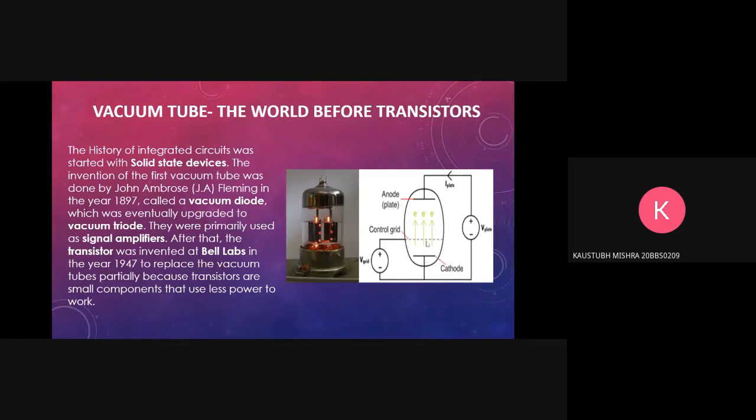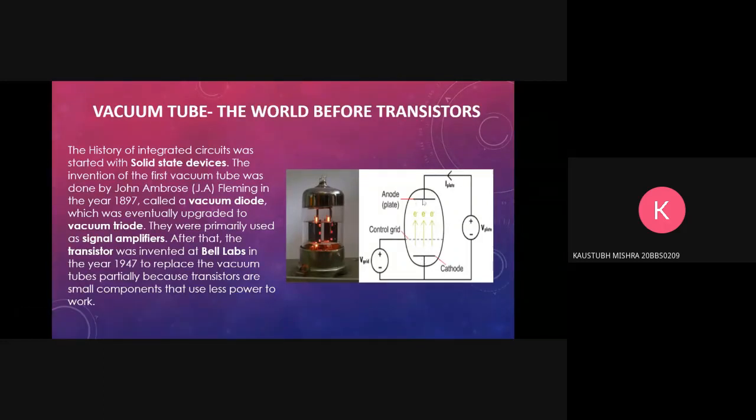So this will repel most of the electrons that want to cross and reach the anode, and hence a total of fewer electrons will reach the anode. Less flow of electrons means less overall current in the bigger circuit. And if the control grid plate has almost no voltage, then it will repel no electrons, all the electrons will pass through, and hence an overall higher current will be in the larger circuit. So this is just how a vacuum triode works.